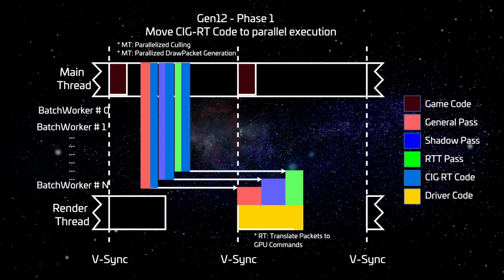Right now, we are in the first implementation phase. We have defined our low-level code building blocks, ensured our APIs work, and are now in the process of moving our own rendering code out of the render thread into the existing batch worker execution. This is a very time-consuming refactoring, as we need to change every rendering feature in a very old and large